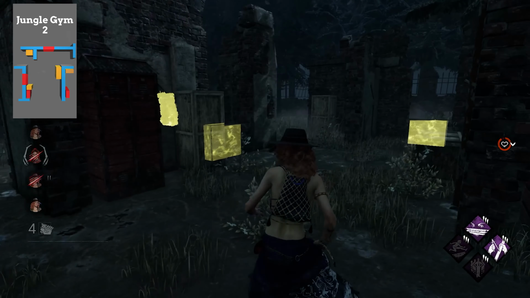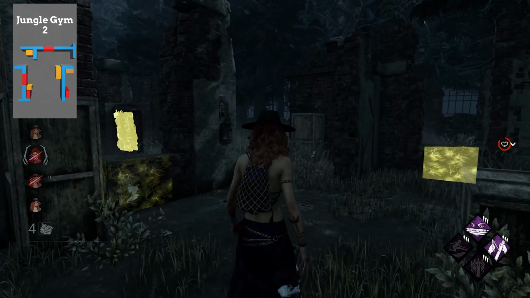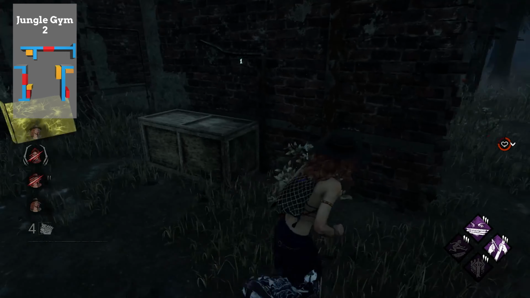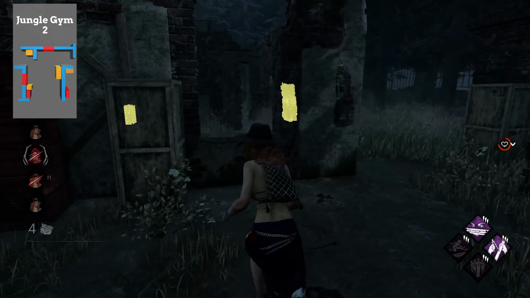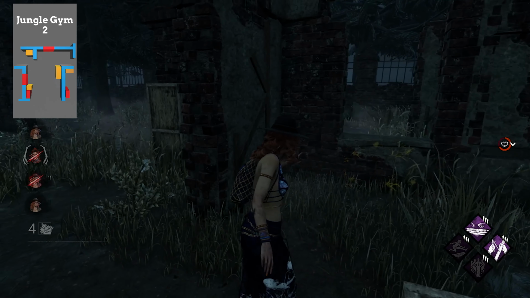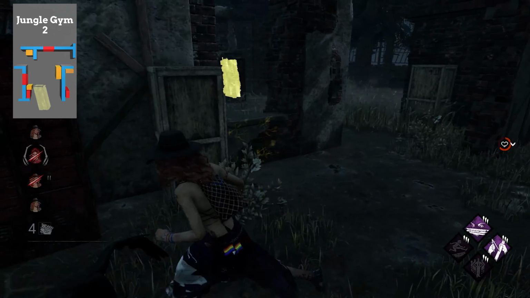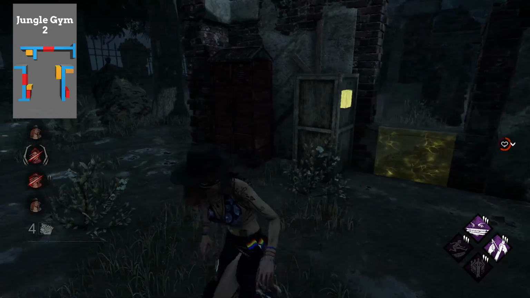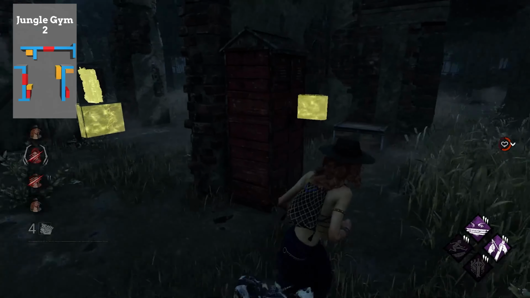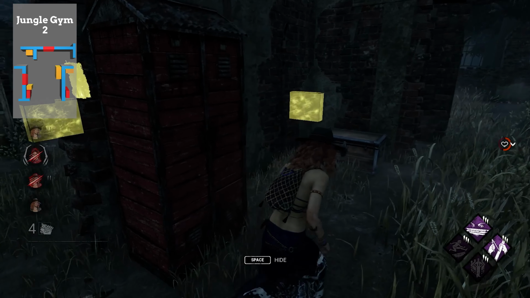So here we have the second new jungle gym that Behavior have brought into DBD in the recent patch. In this jungle gym, you'll only find 2 window vaults, one here and one here. They'll normally be somewhat perpendicular to each other, I should say. You'll find one locker here, another locker will be over here at this wall, and then you may also find